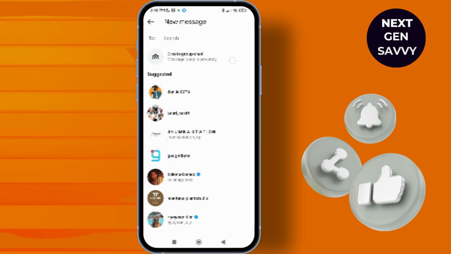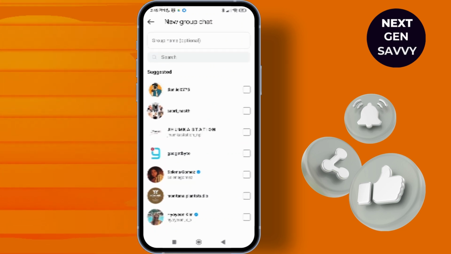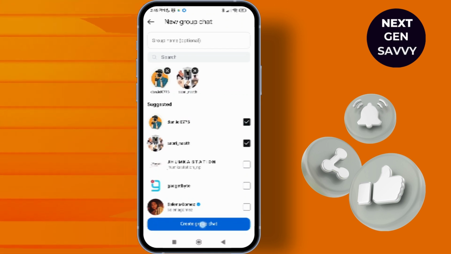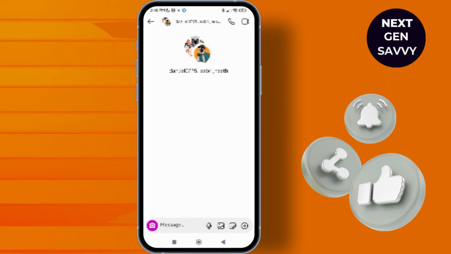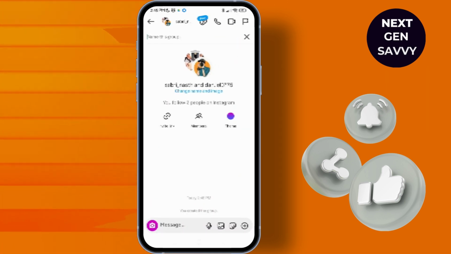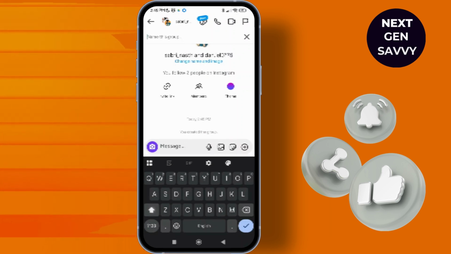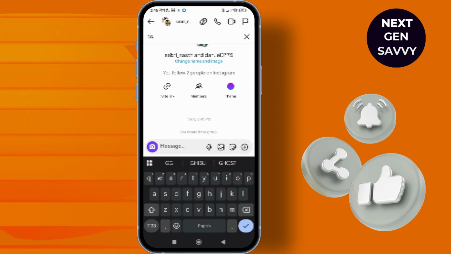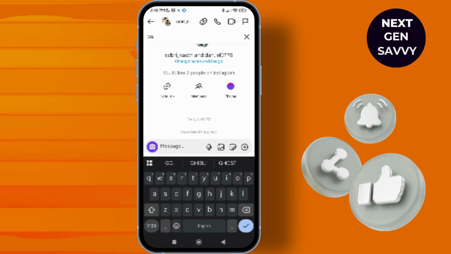Here you can just tap on create group chat. So select the people you would want to add in a group and then tap on create group chat. You can also create a group name over here by tapping on name this group. So let's name this and then simply now you can go back